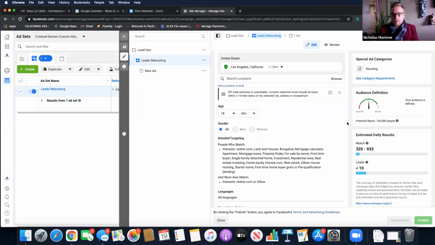Another great ad. Has anybody done any advertising on Prop 19? Have we done anything about Prop 19 trying to target homeowners who own their homes and want to maybe transfer their tax base, and all of that craziness, right? Have we done any ads on that? That would probably get a ton of clicks, right? The know-how on Prop 19.